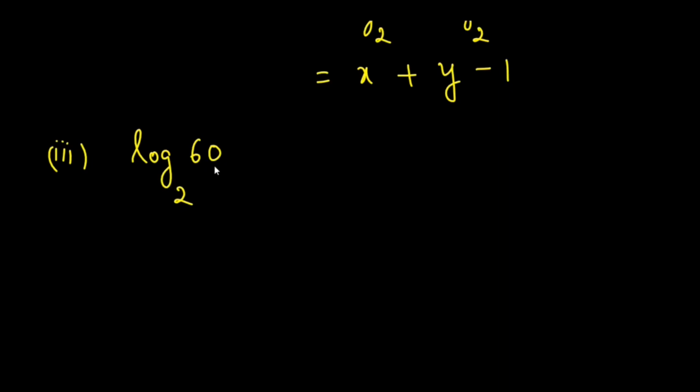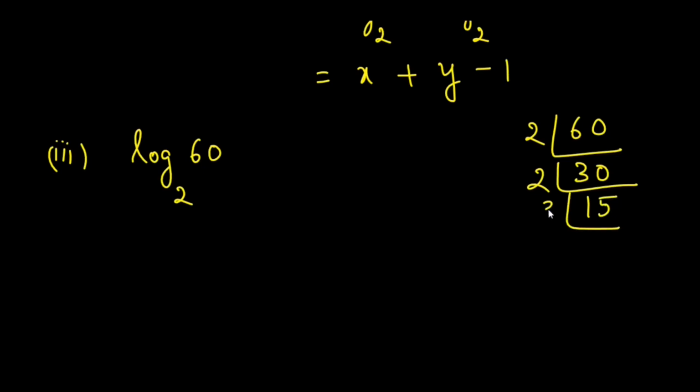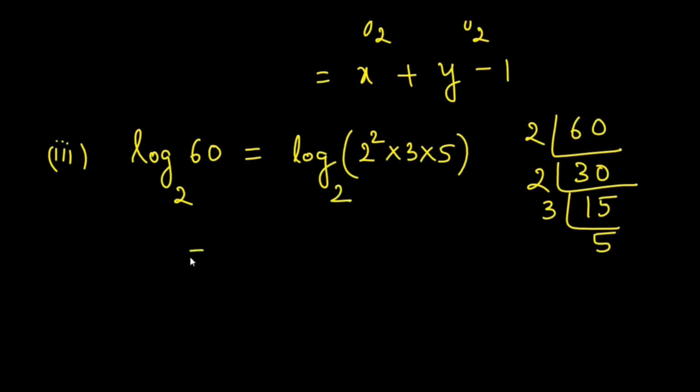We have to write 60 in terms of 2, 3 and 5. So 60, let us see prime factorization. When divided with 2, we get 30. Again we can divide by 2, we get 15. Divide by 3, we get 5. So 60 can be written as 2 square into 3 into 5. So log of 2 square into 3 into 5 to the base 2 is equal to